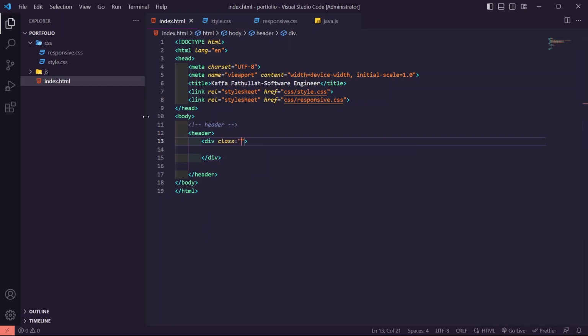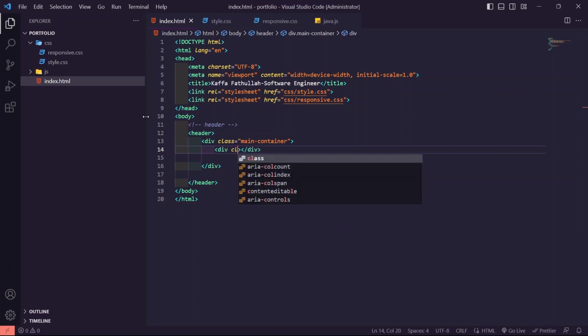Make a class main container, and then another div with the class nav as navigation,